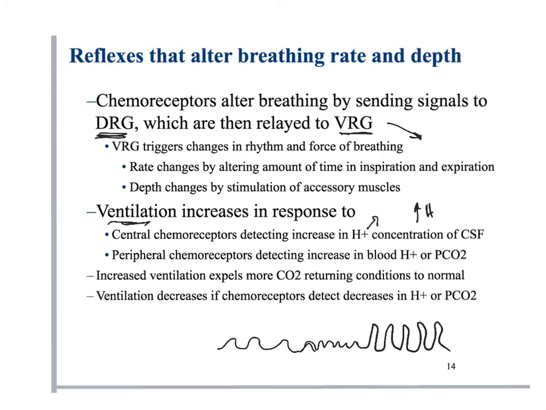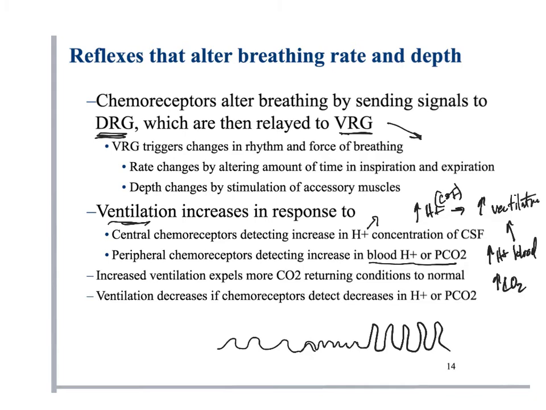Hydrogen ions, increased ventilation. Also detecting an increase in blood or, let's say, CSF CO2, and increased hydrogen ion in the blood, or increased CO2. All of that leads to higher ventilation,